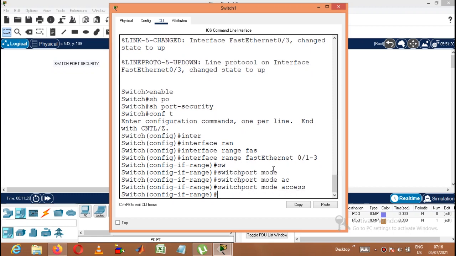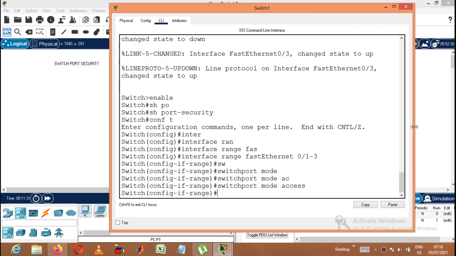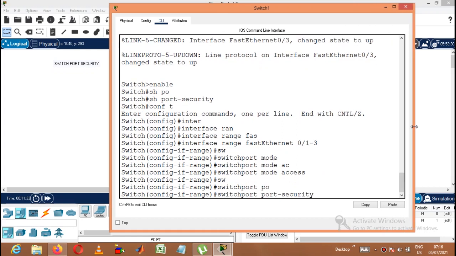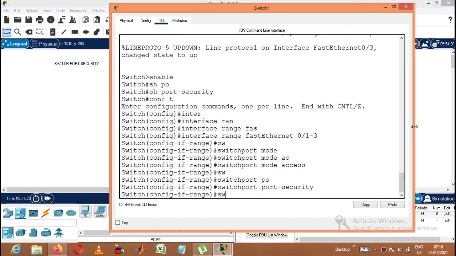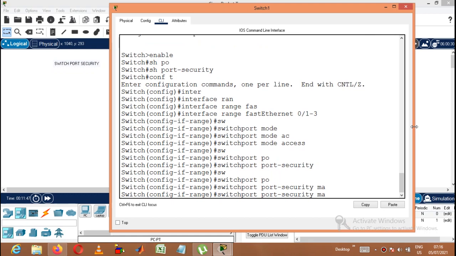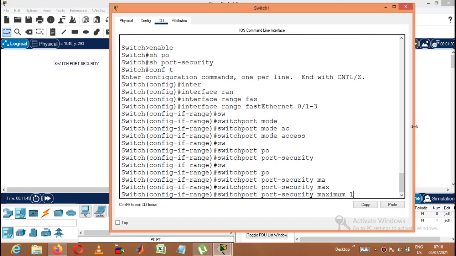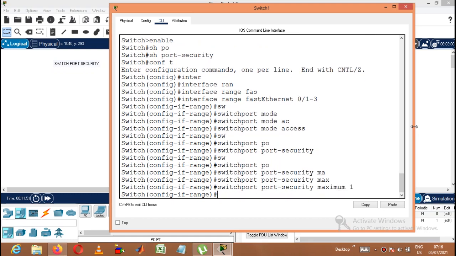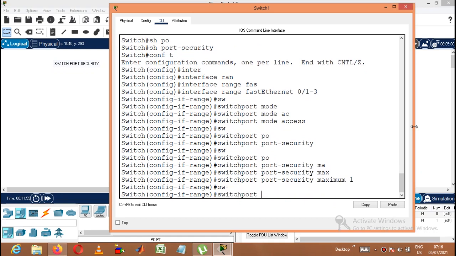Now I'll call the port security: switchport port-security. Now I need to give the MAC address. Before that, I should say how many devices I am going to allow. Maximum devices allowed: I'm going to allow only one MAC address for one port, so maximum 1. The next step is to give the MAC address.